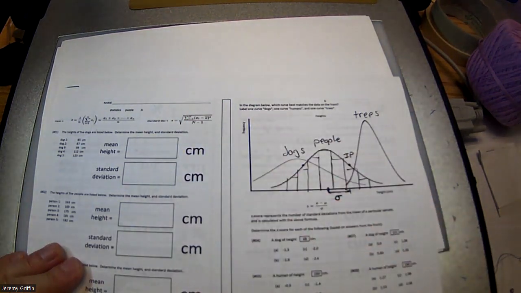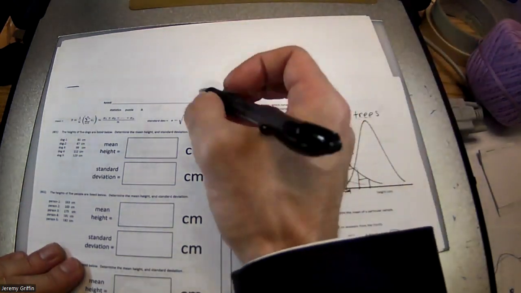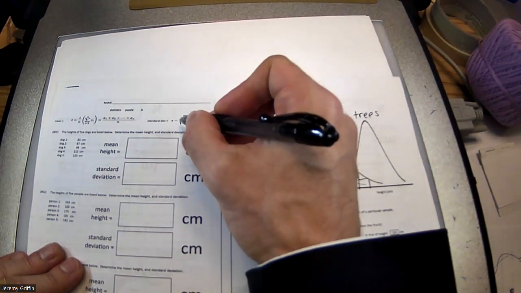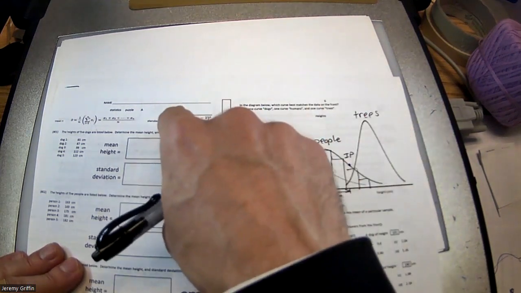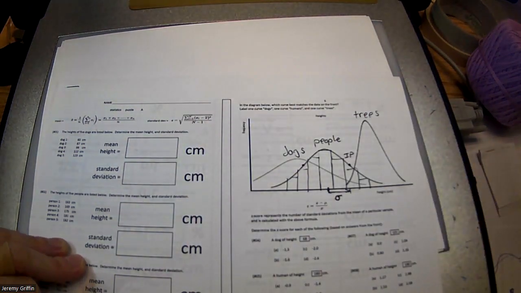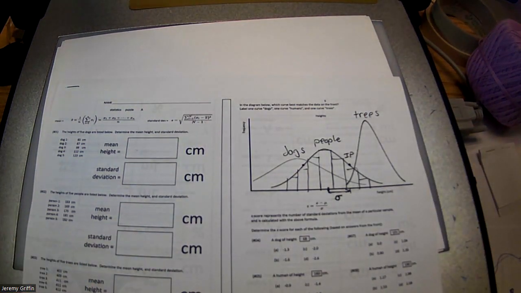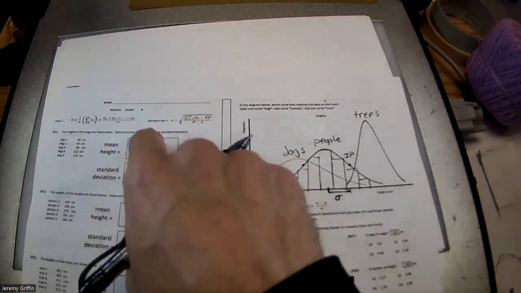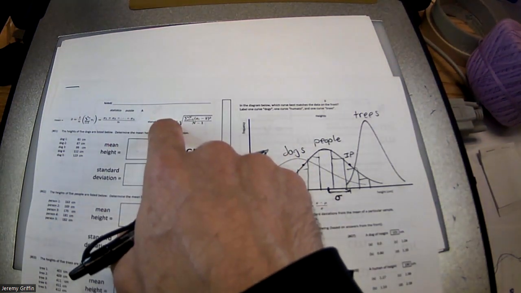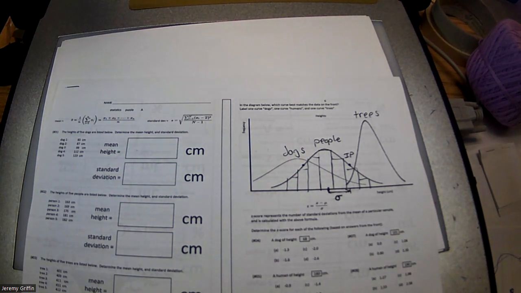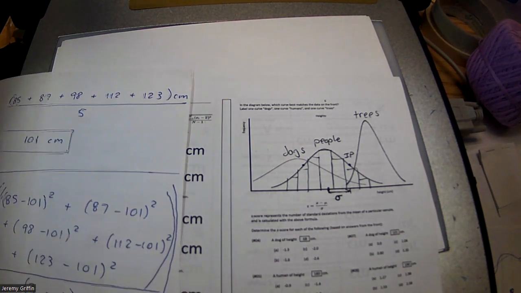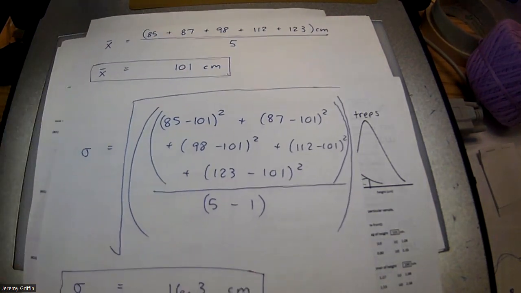It has to do with degrees of freedom. I'll let your stats teacher explain it to you one day, but I'm giving you a crash course today. And then take the square root of that. It's sort of like undoing the square, right? And that's a whole process. You see the whole process there, right? And that is how you can quantify standard deviation. They're using S here. I'm going to use S and sigma interchangeably, although there's technically a small difference, but I'm going to skip that today too.